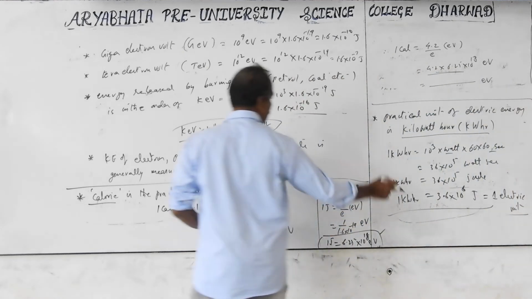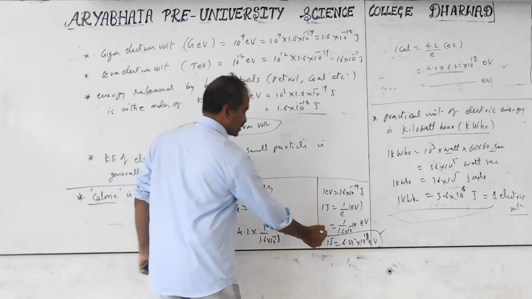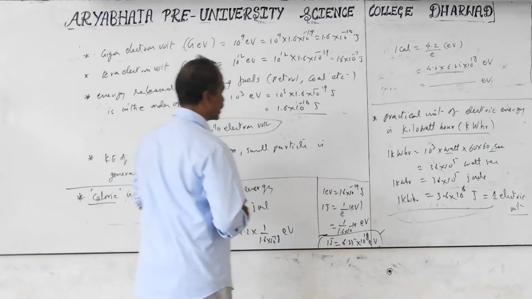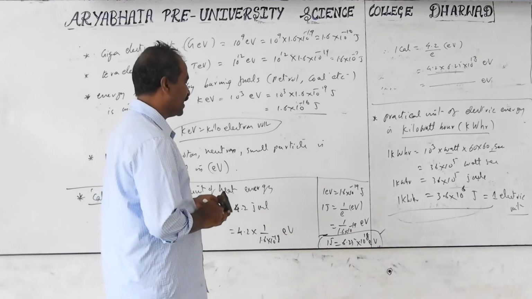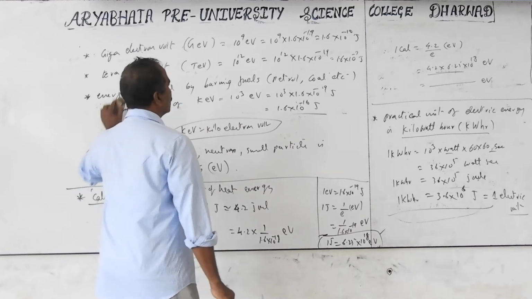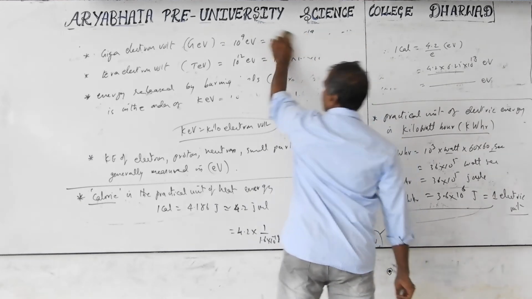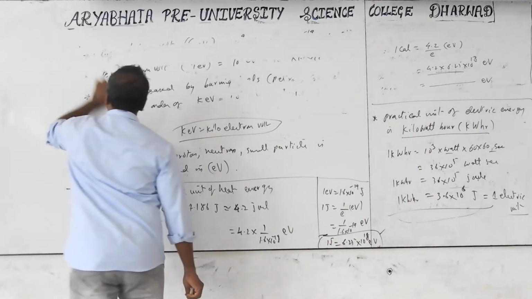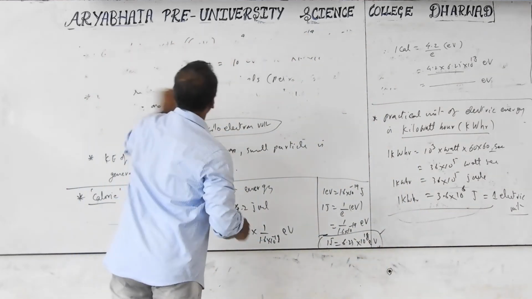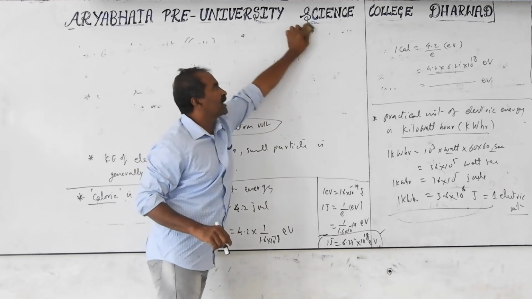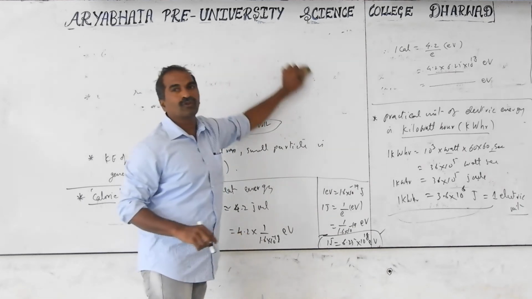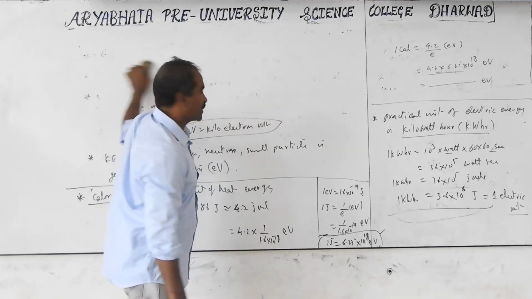Once you get the joule, you must convert it into electron volts if required, or vice versa. You can do the reverse process. You must know the conversion into electron volts by this relation: 1 joule in terms of electron volts is nothing but 1 by e, 6.25 times 10 to the power of 18 electron volts. Apart from the definition of electron volt and its value, the remaining conversions are all required for the numerical problems also.